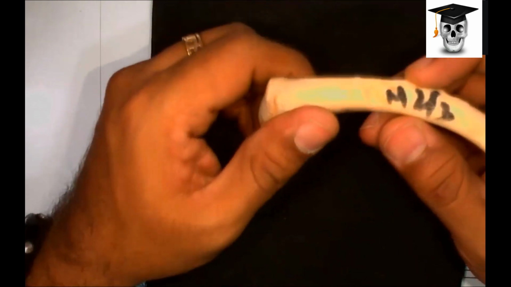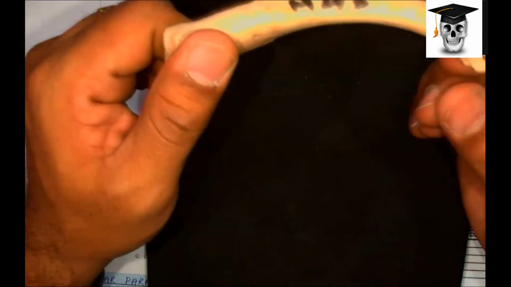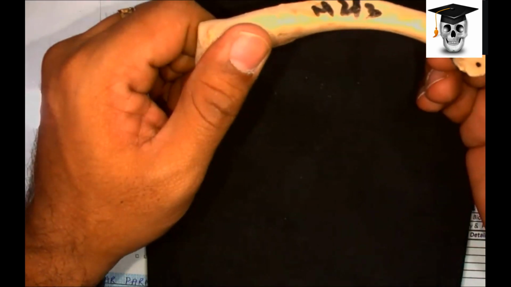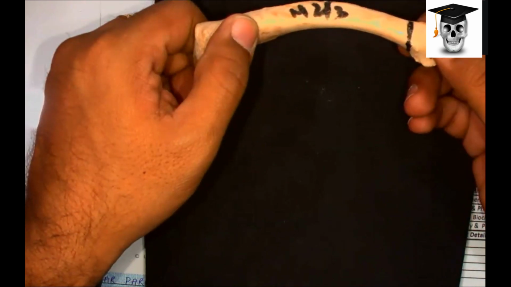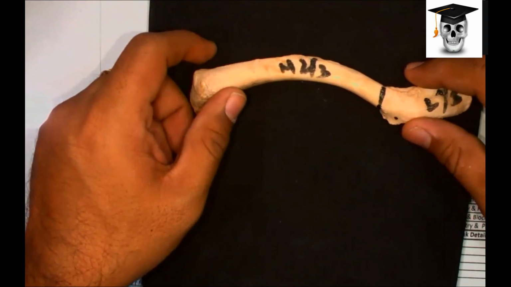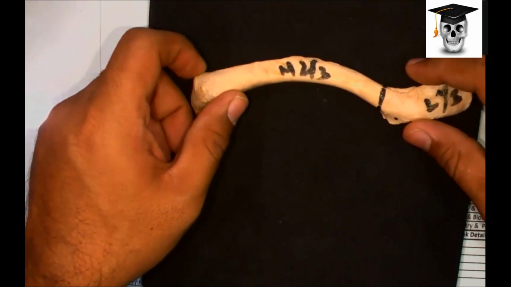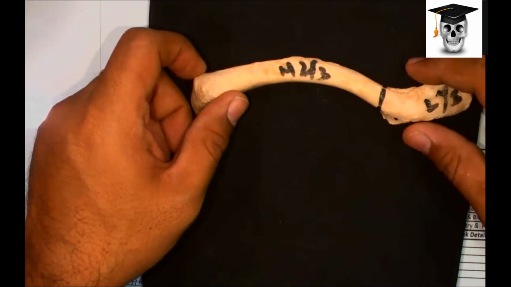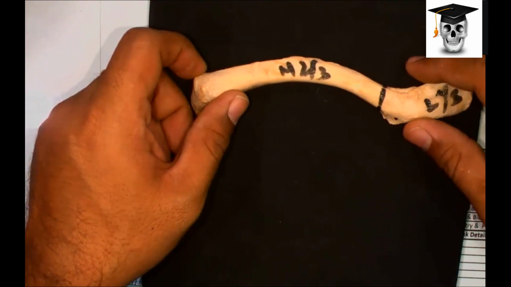Now medial 2/3 of the shaft should be convex anteriorly. Now show me. Like this. Yeah. Lateral 1/3 is flat, I mean concave anteriorly. So hold the bone in the left hand because it belongs to the left side, right? Your bone belongs to the left side. Hold the bone in the left hand and go towards your collarbone.